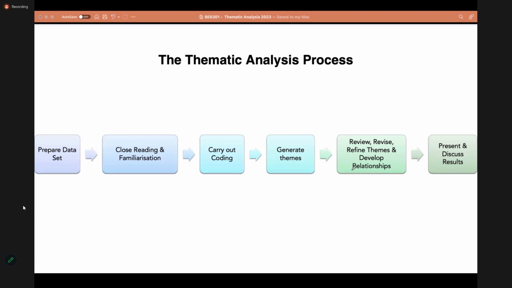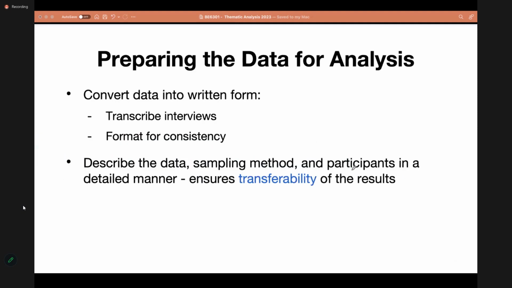So this is the basic process that we have to follow when we are doing a thematic analysis. We'll go through each of these steps one by one. Starting with preparing our data for the analysis. When you collect qualitative data, let's say you might have conducted some interviews. Now your collected data is in the spoken word format.